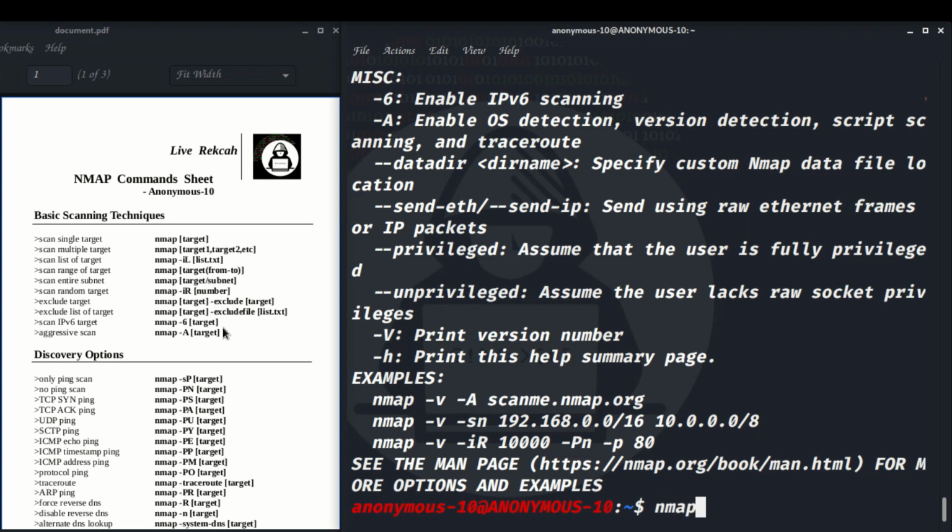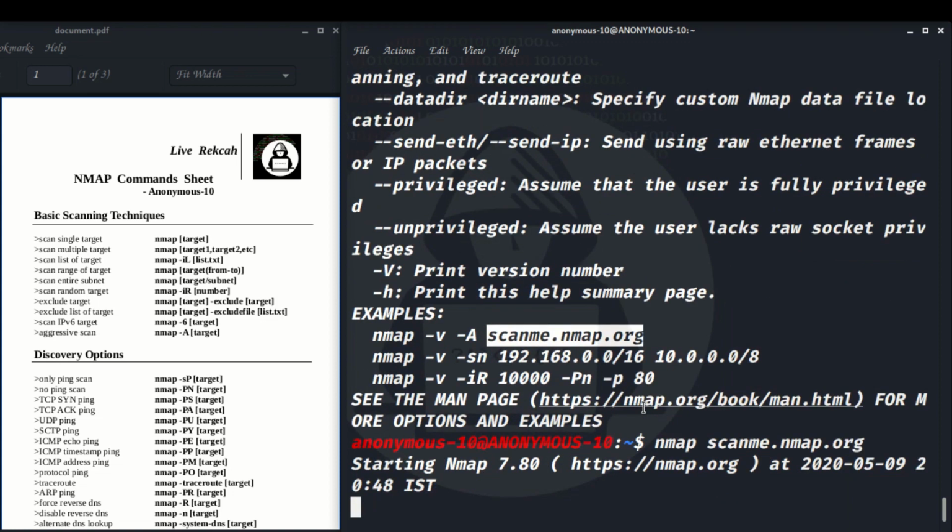I am going to copy this here, scanme.nmap.org. Enter. It's running. Based on the internet speed, it will take some time. I don't know actually how much time it's going to take today.